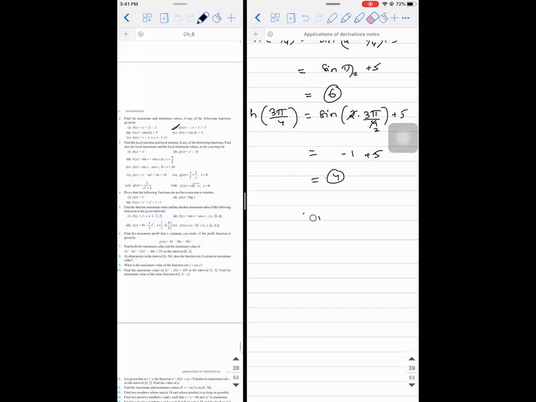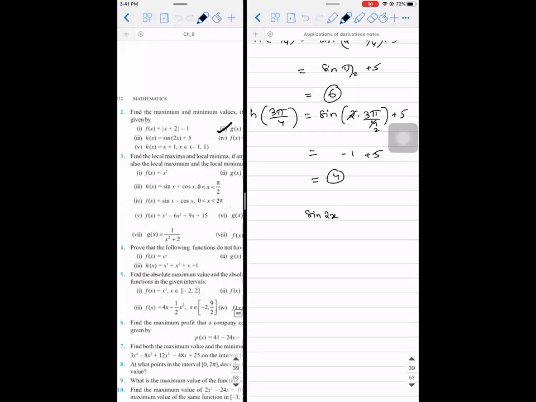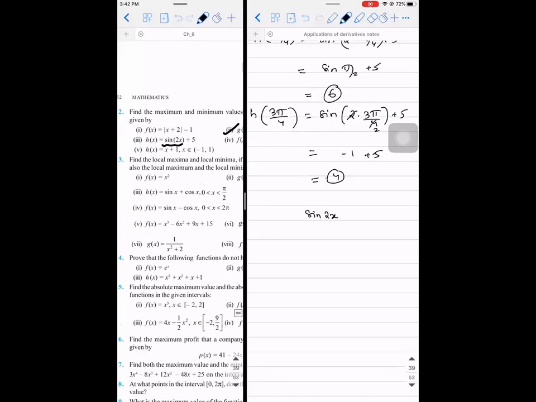So what is the range of sine theta? Minus 1 to plus 1, right? Here, if you observe the question, it is sine 2x. So sine 2x is greater than or equal to minus 1, less than or equal to 1. Can I write it like this? Yes, sir. Right. But what is the question? Is it only sine 2x?